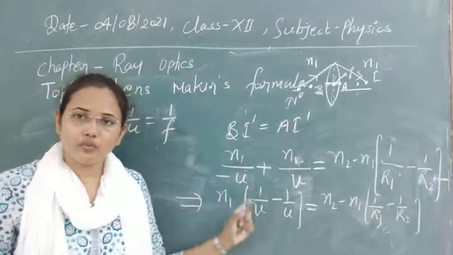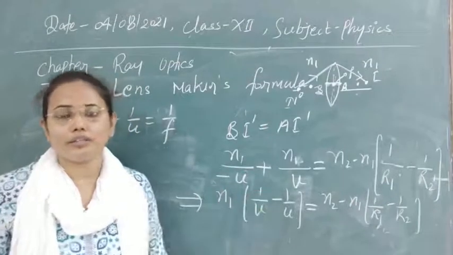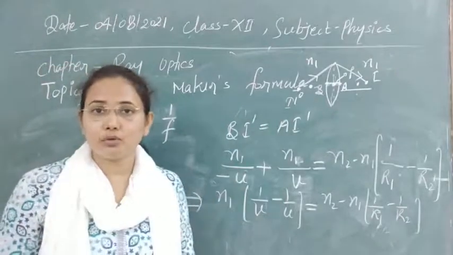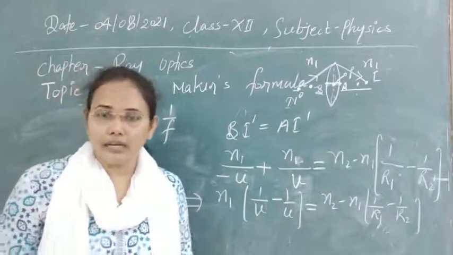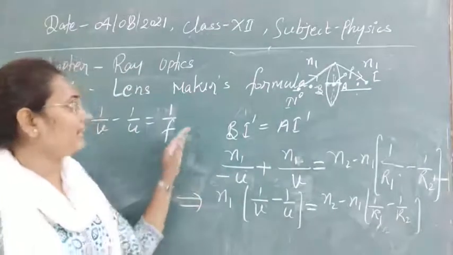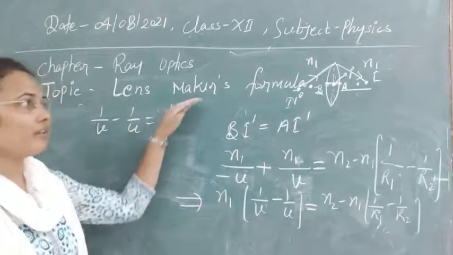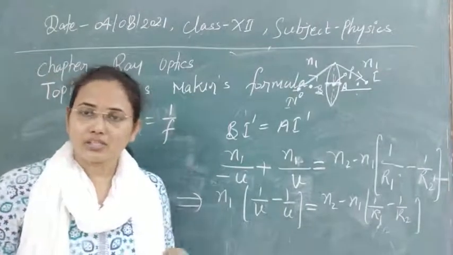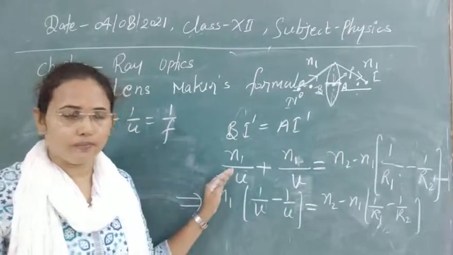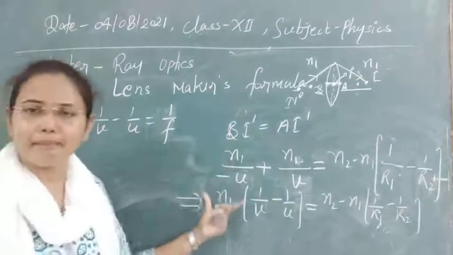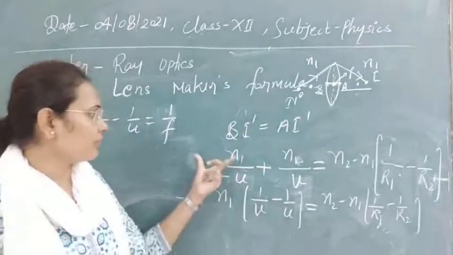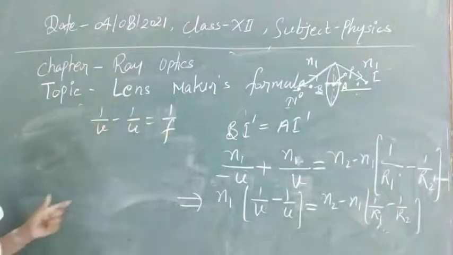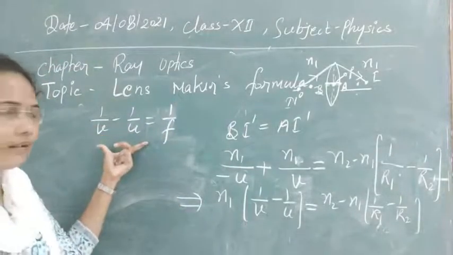Students, you can also formulate the same formula for the concave lens. So just try to do it by yourself, to be more precise and more clear about the refraction of light at spherical surfaces. The lens maker formula is the same for both of the lenses, so just try to understand that also. You can do it in the same manner that we are doing here. For the convex lens I have done it. This is the formula we have derived already, and you know this very well.